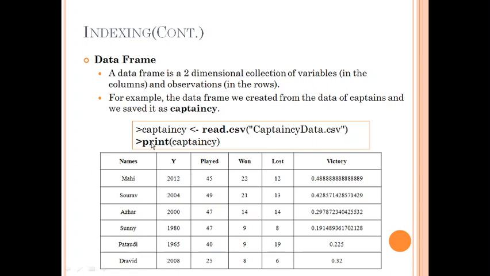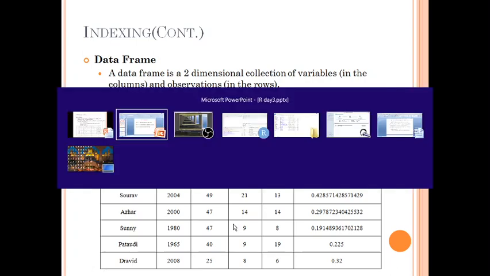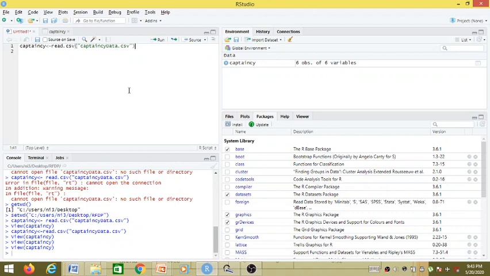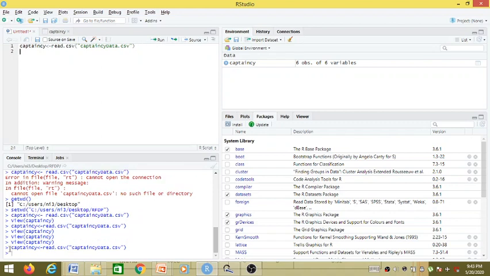Once the data frame gets created, we print it using the print function and provide the name of the data frame as an argument to that function. Such kind of output is expected over here. So let's do this on RStudio. This is the code which we are supposed to run. If I run this, you can see the data frame gets created, and also in the environment tab you